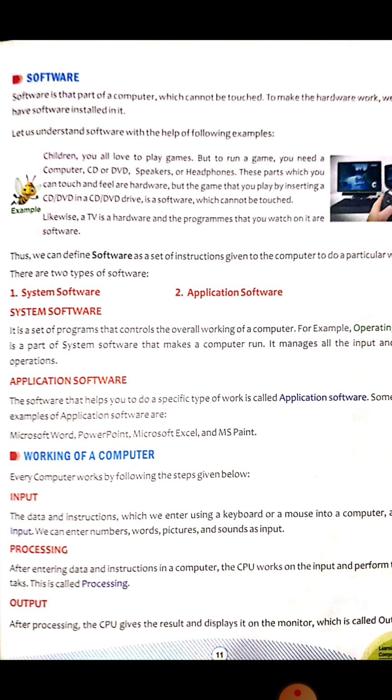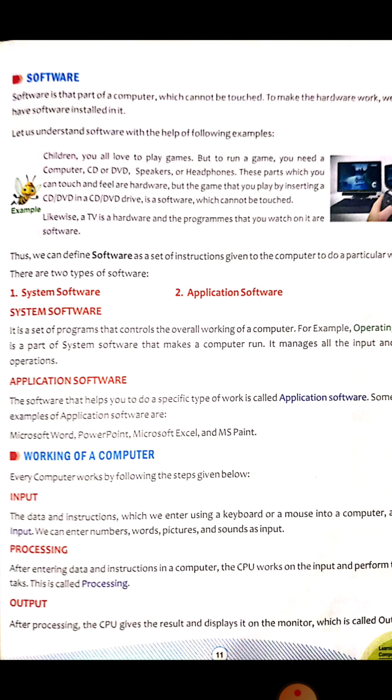Now we will talk about the working of a computer. How a computer works. It includes three steps: input, processing, and output. Input: the data and the instructions that we give to the computer by using a mouse or a keyboard is called input.